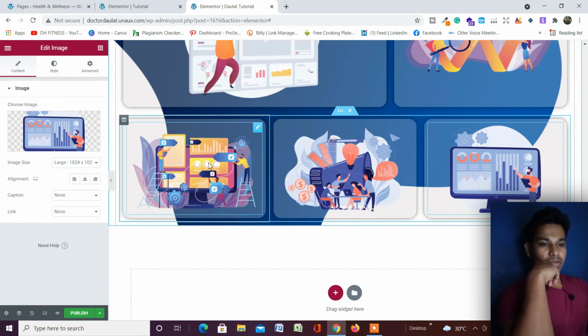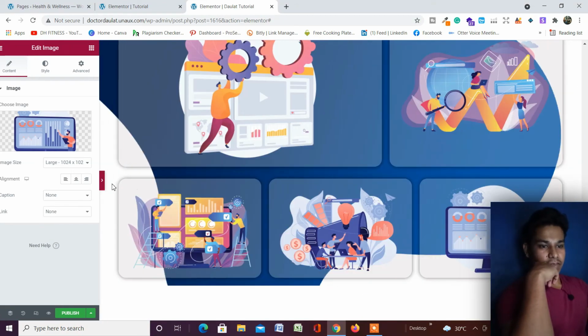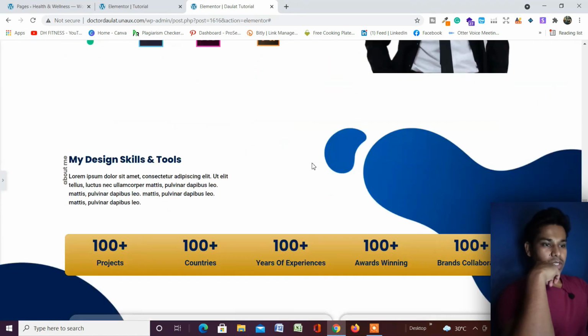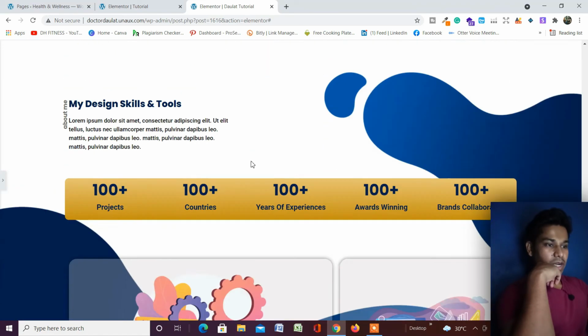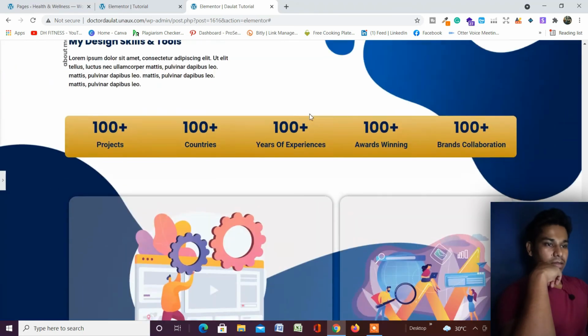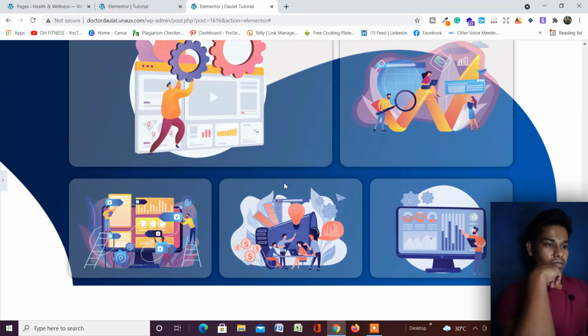So let's preview how it looks on the complete page. So as you can see, this section looks beautiful. We have provided a good margin here at the top, and this one also looks good, and we don't have much margin in the bottom, so it's good. But here is an issue: the background image which we set for the full container is not fully displaying. As you can see, it's cut off in this section, so we need to increase the margin from the bottom